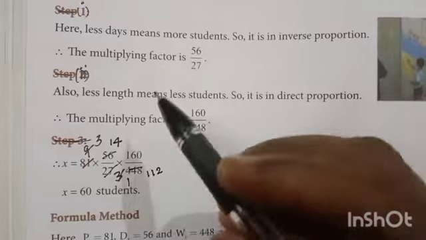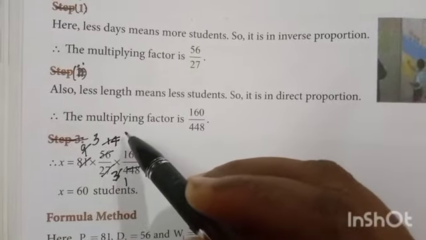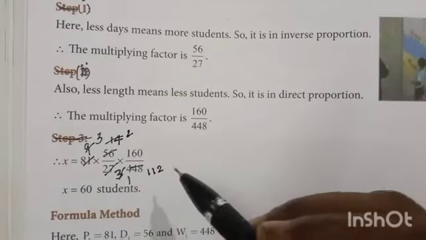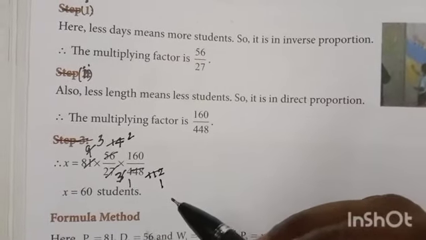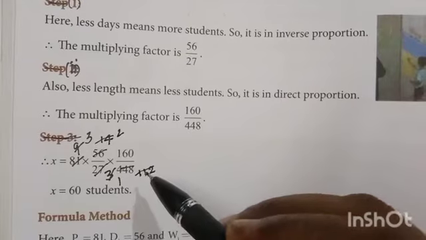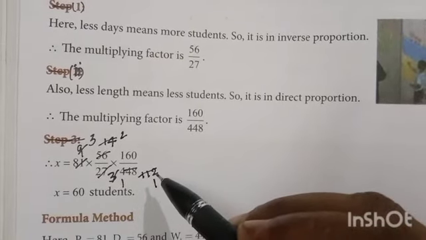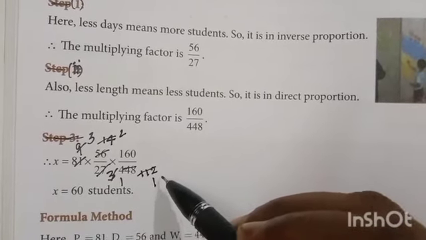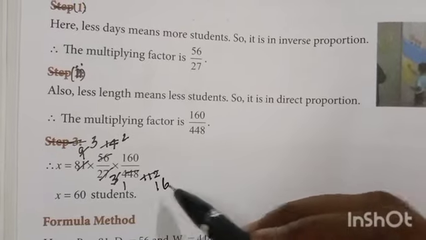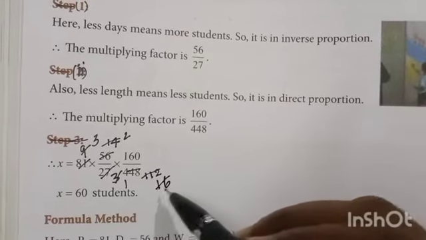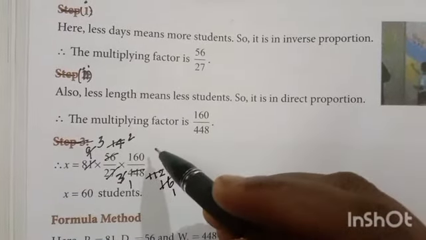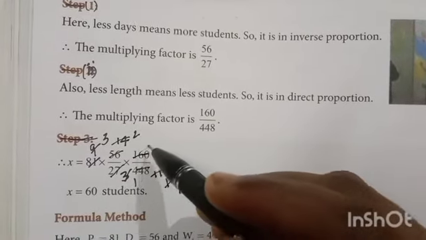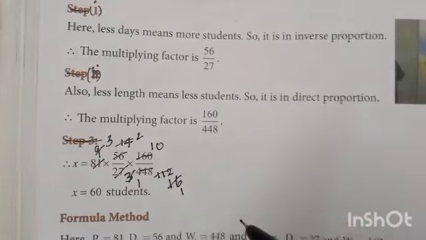So we will use the seventh table. 2 7s are 14. 2 is there. So 1 7 is 7. What is the balance here? 11 is there. So 11 minus 7 is 4, 42. 6 7s are 42. Now 1 16 is 16. It is 1 16 is 16, 0, 10 times.